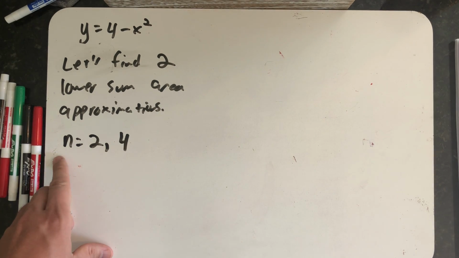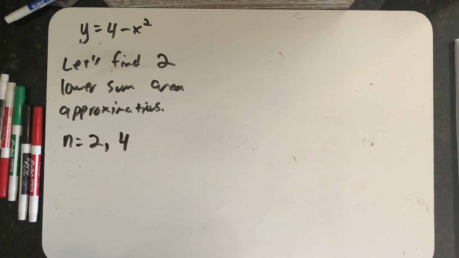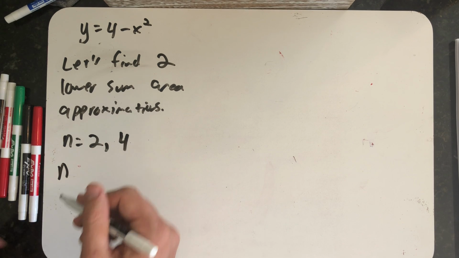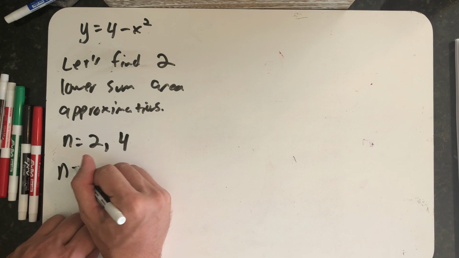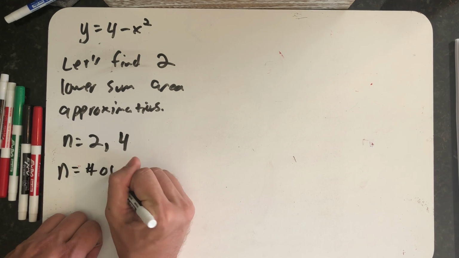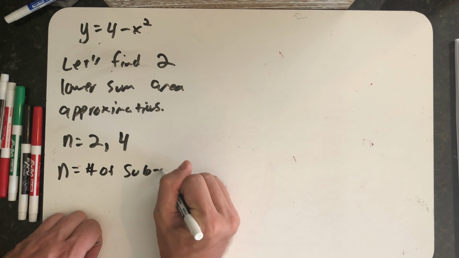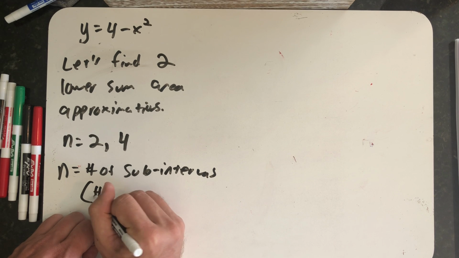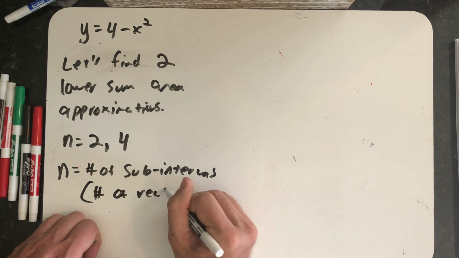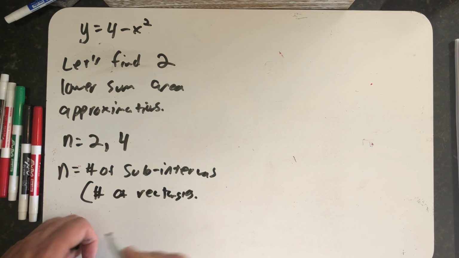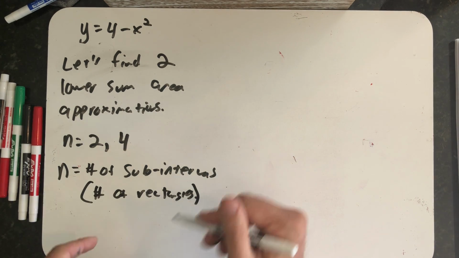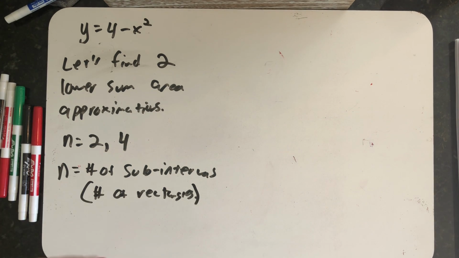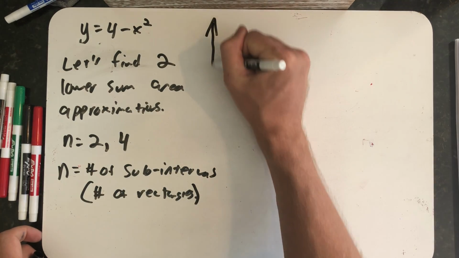And here I'm introducing the variable n, and that's just going to represent the number of rectangles or the number of subintervals on the x-axis. So I want to have two lower sums, one with 2 rectangles, one with 4 rectangles. I want to be able to compare those with my upper sums. So for n equals 2,